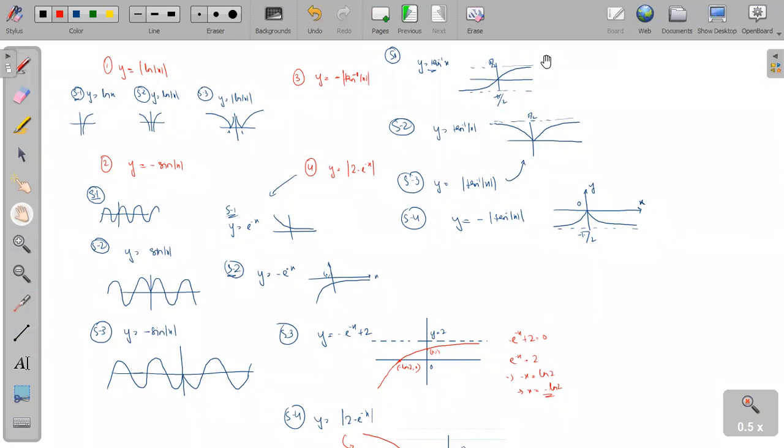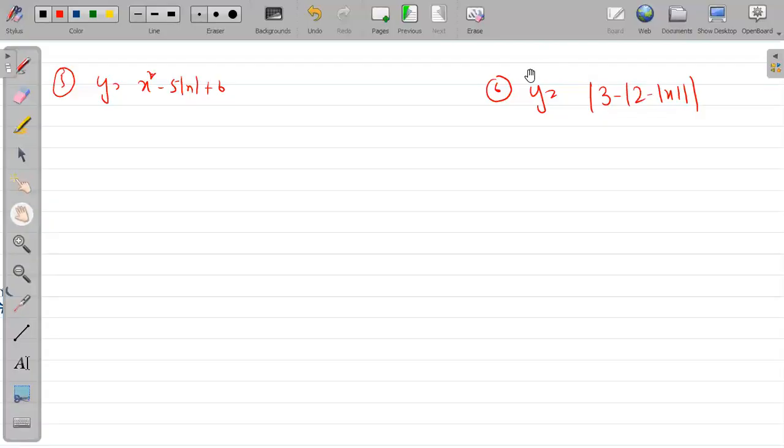Doubt? Raise your hand. Look, let's see the graph. We already have one basic piece of knowledge: x square can be written as mod x square. This property of mod we already know. That means you have to draw the function mod x square minus 5 mod x, where each and every x is replaced by mod x. Otherwise you have to make cases and it will be a very lengthy one. Since it is given as x square, it can be written as mod x square.